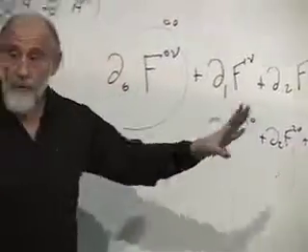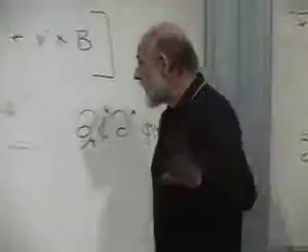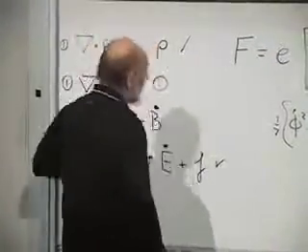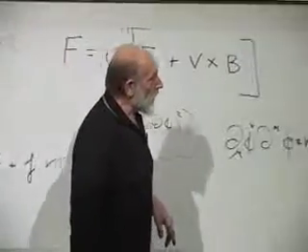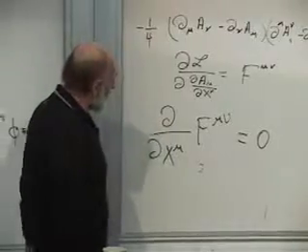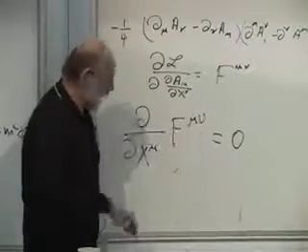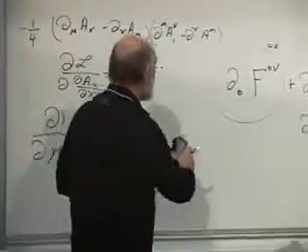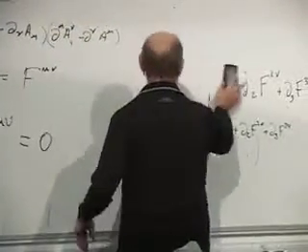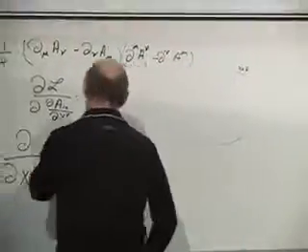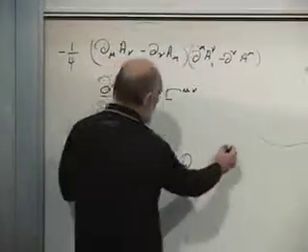All right. So in the absence of charges, if we don't have any charges around, any charge density, that just becomes del dot E equals 0. Let's look at another one. We looked at the time component. Let's look at the 1 component. If we look at the 1 component, we have